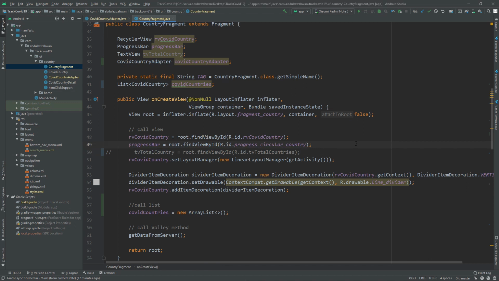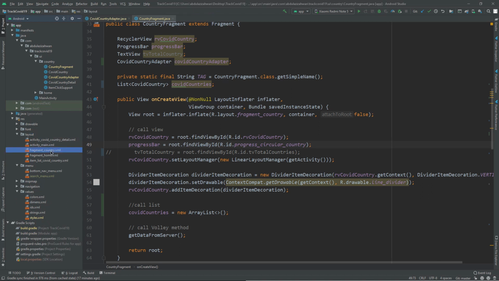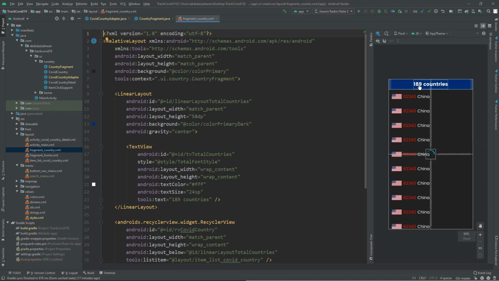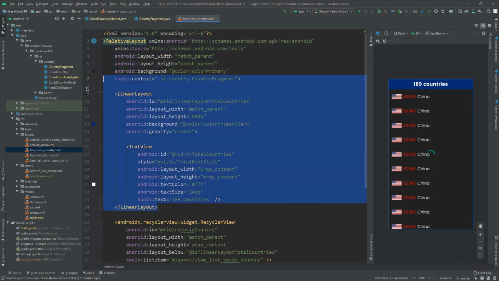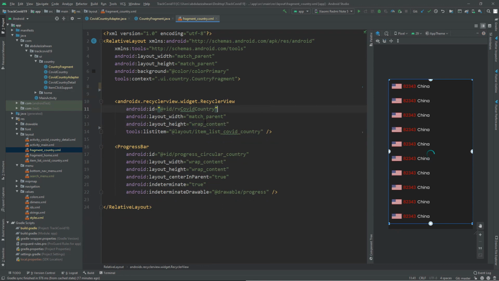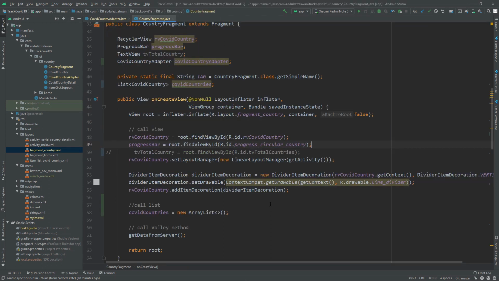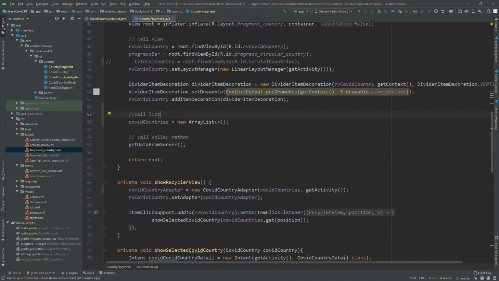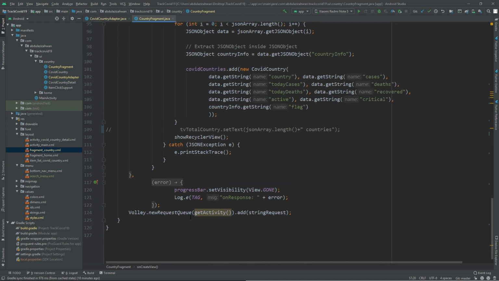Alright, so before that we need to go to our layout, and we say fragment country, and we need to remove this linear layout, and we delete this, I think, and we delete this, so make it full. Alright, close it, and then right now we need to go to the bottom right here,